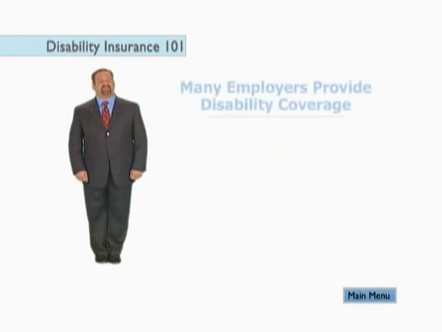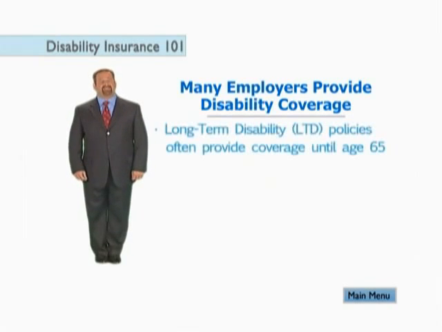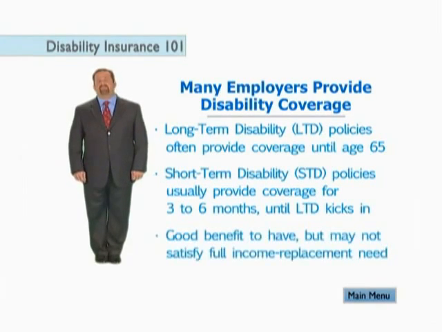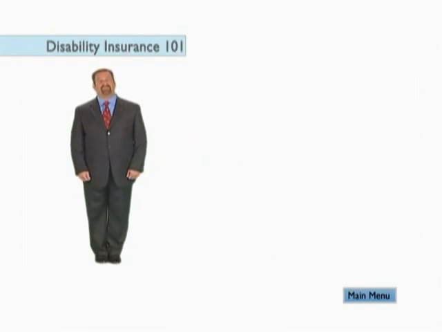Now, the majority of people out there who work for bigger companies have some disability insurance provided to them from their company as part of their benefits package. This type of insurance is called group disability insurance, or LTD for long-term disability. That's a great employee benefit to have, but it's often not enough to satisfy a person's full income replacement. So even if you work for an organization that provides disability insurance, you still may need to supplement your group policy with an individually owned policy. If you work for a smaller company or you're self-employed, the situation is more straightforward. You should purchase disability income insurance.